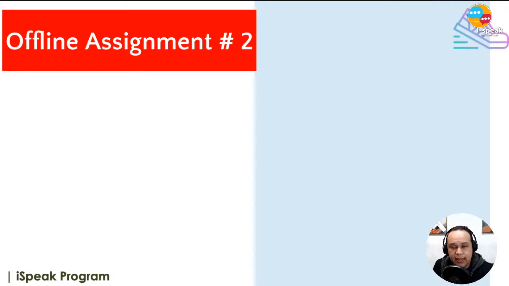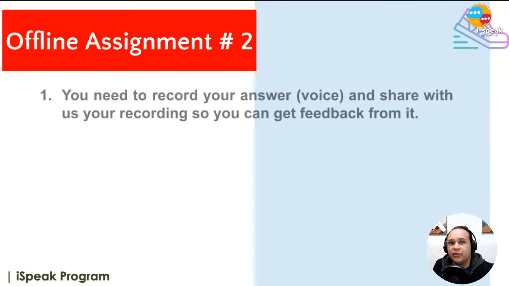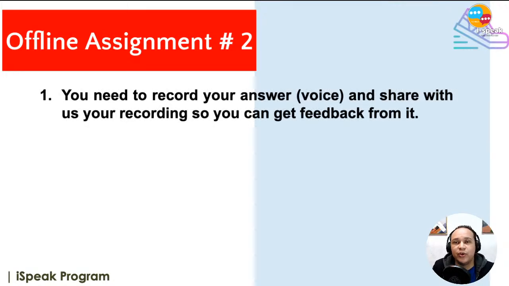Now, the offline assignment number 2 is the following. Remember, there are two kinds of people in this world. The ones who take action and the ones that just decide to do nothing. And my question for you guys is, what kind of person are you? I'm expecting you are the kind of group number 1. Alrighty, so offline assignment number 2, guys, what you need to do, you need to record your answer. You need to record your voice and share with us your recording so you can get feedback previous to our